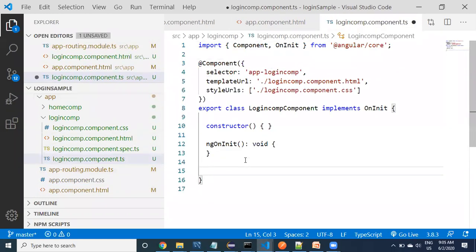Here in the login component class, I want to take a login method.